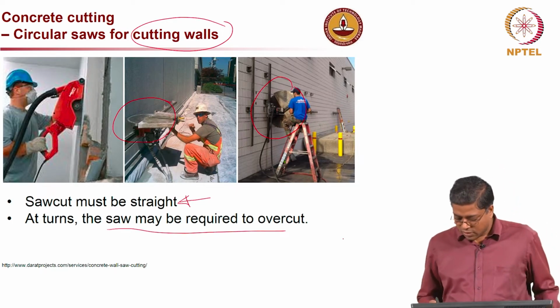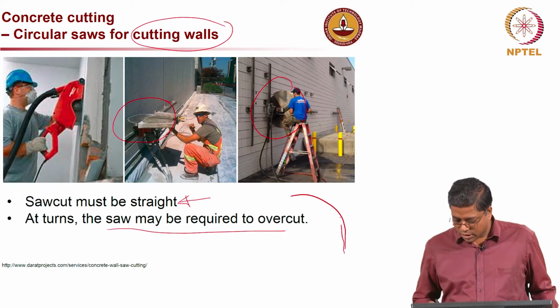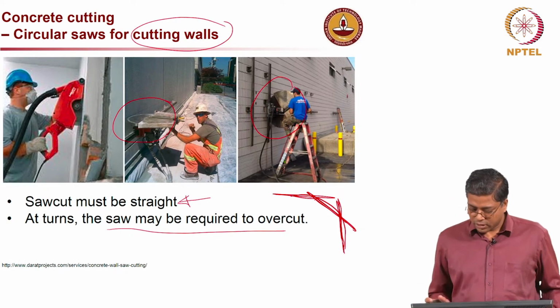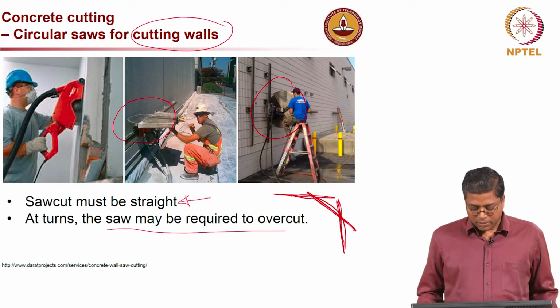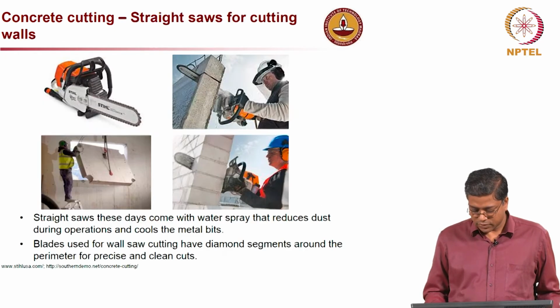That means, if I have a curvature to be cut like this, first I may have to go a little bit like a straight line, and then again like this, and then again like this. So, that is how we really make the curvatures. You cannot really make a curved cut depending on the radius of curvature.